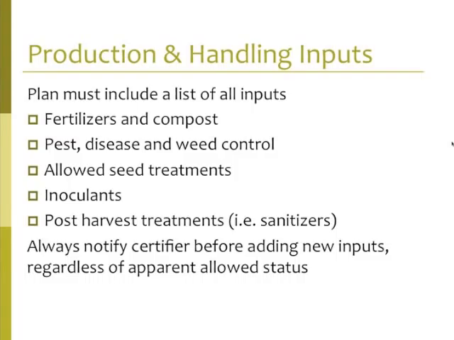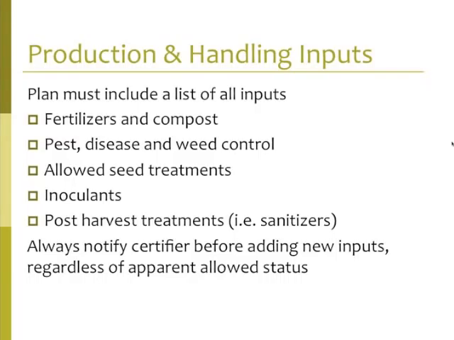And I think this is the most important place where there might be changes in your organic system plan after you've submitted it that can get folks into trouble if you use new inputs that you haven't got approved. I just hate to see it when producers use something and it turns out it had a minor ingredient that isn't allowed, and then they lose their certification for 3 years if it had a prohibited substance in it. So always make sure, if you want to change that, to get